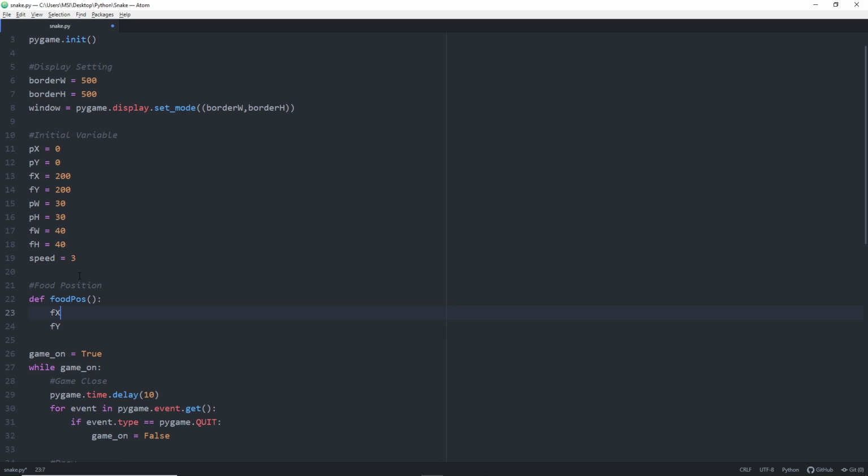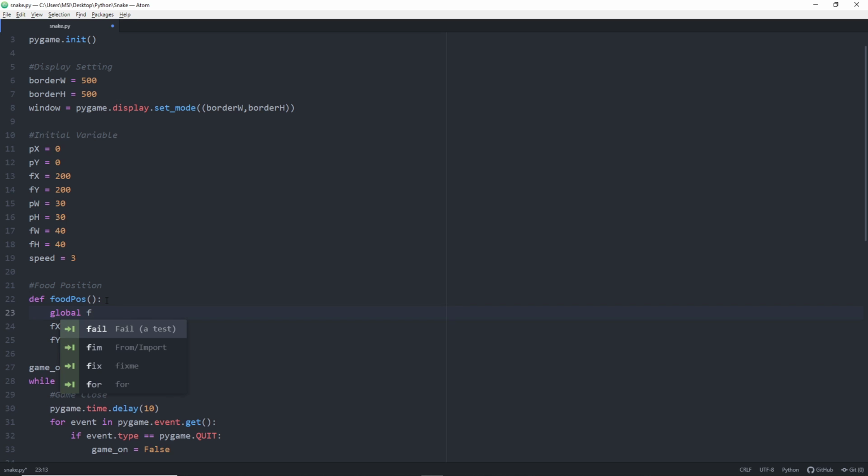But fx and fy are global variables. If we run this here, it will create a new variable, and we don't want that. So we first need to call the global variables, global fx and fy, to actually make changes to the values here. And to get a random number, you simply type random dot randint. This will randomize an int between values that we set. So I will randomize between 0 and the border